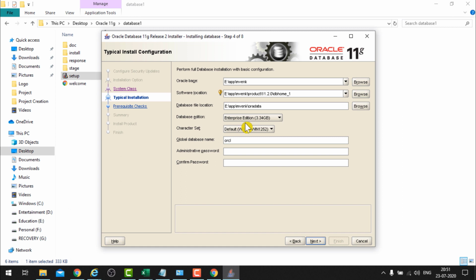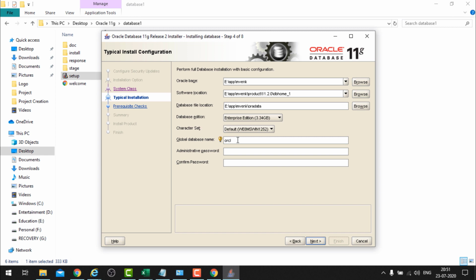Here, database edition, I am going to install the enterprise edition. You can select enterprise edition here. Then you can leave the default here. This is the global database name, ORCL by default. If you want to change it, you can change it. But you have to remember this one while you are configuring any tools to the database.